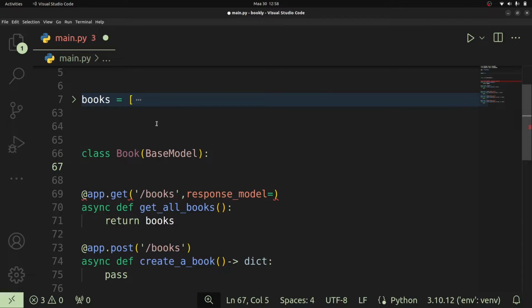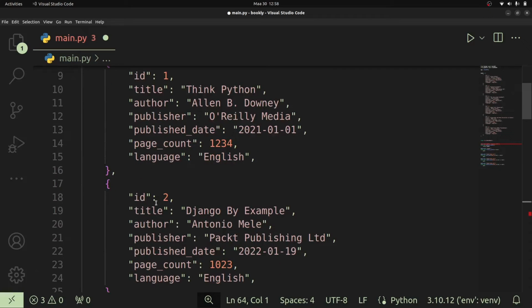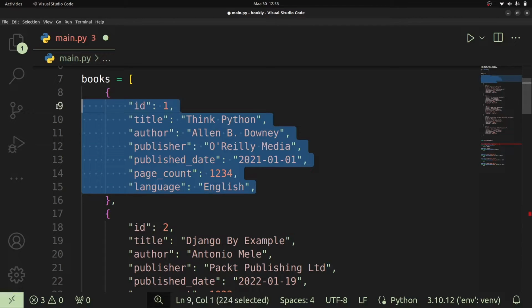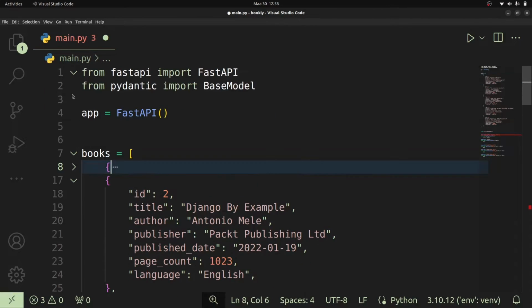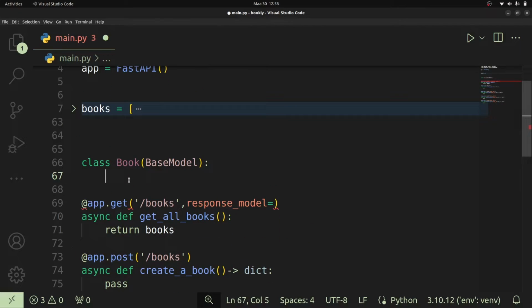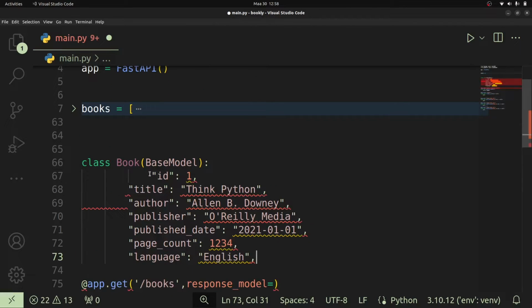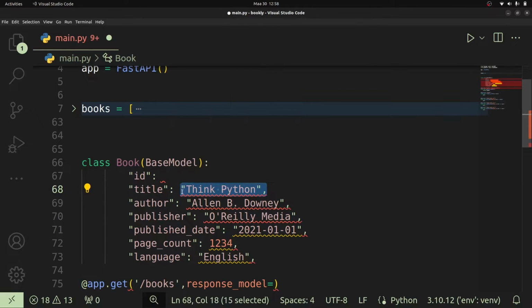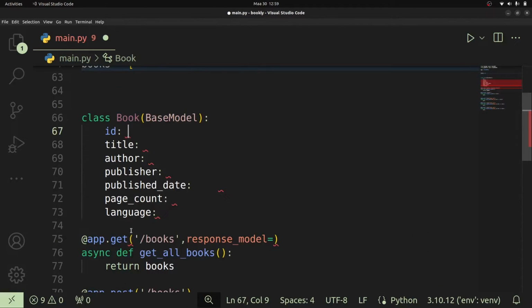Once we've been able to do that, let us look at the structure of a single book resource. So right here we have all these fields that belong to a book. I'm simply going to copy them right here, and then I'll go ahead and paste them right in our class. So I'm going to get rid of whatever we don't need. Alright, so now that I've been able to fix that,